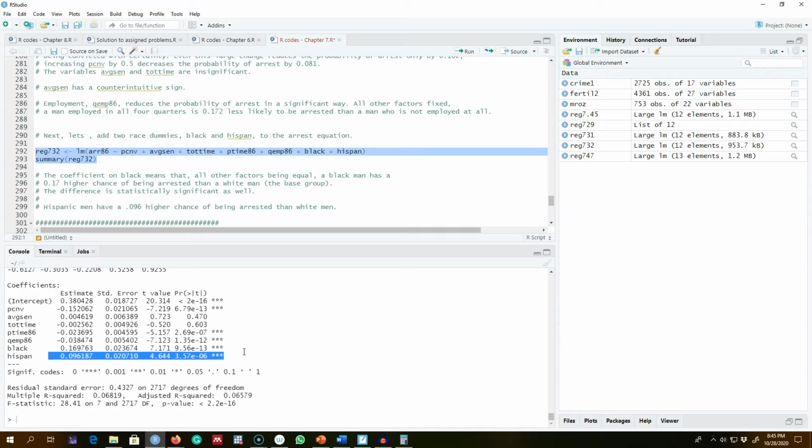So this is how you use the linear probability model to regress a model where your dependent variable is a binary variable. And later on, we'll talk about more sophisticated probit and logit models, because the problem with the linear probability models, as I said earlier, is that the probabilities are not bounded between 0 and 1. In the next video, I'm going to talk about how to interpret regression results where you have a discrete dependent variable.